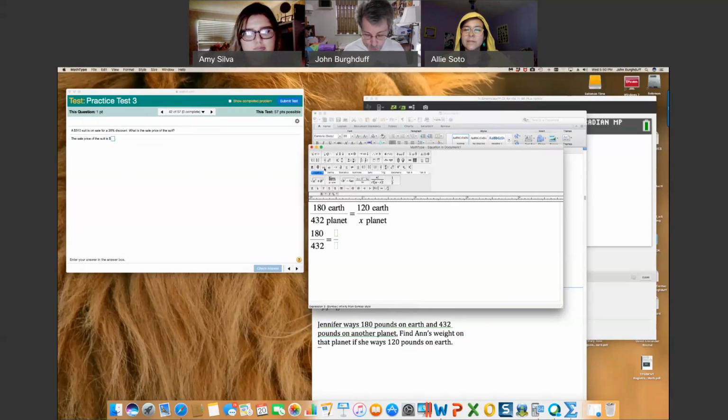I'll get it right here in a minute. 120 over x. Now, what you can do there is you can cross multiply to solve for x. So if you multiply the 180 times the x, multiplying this way, and the 120 times the 432 going this way, see what I'm doing there? Okay. Then you can go get your calculator